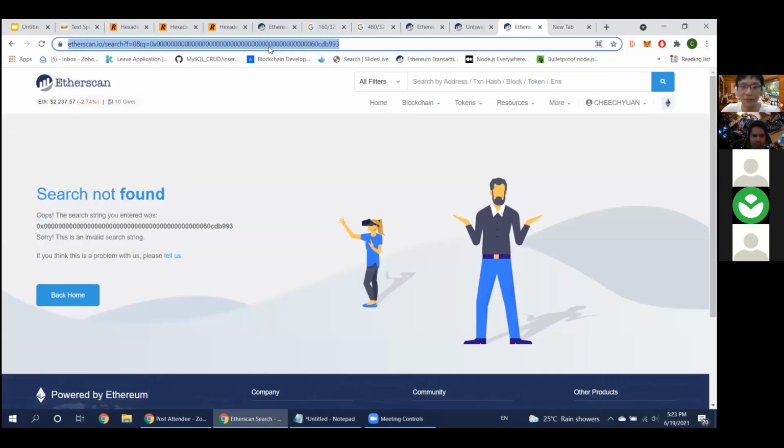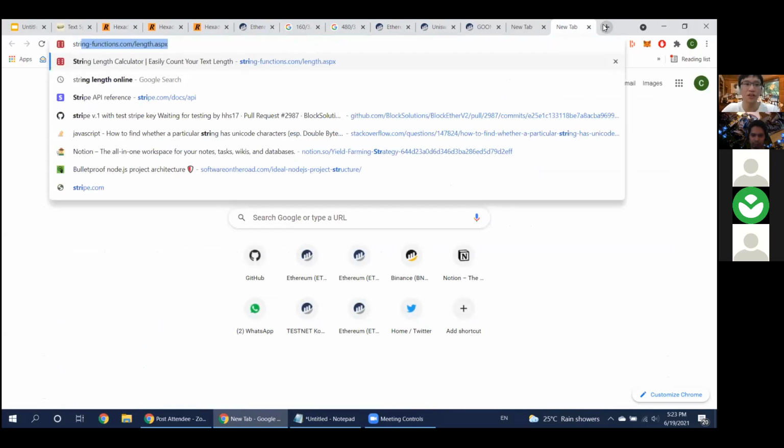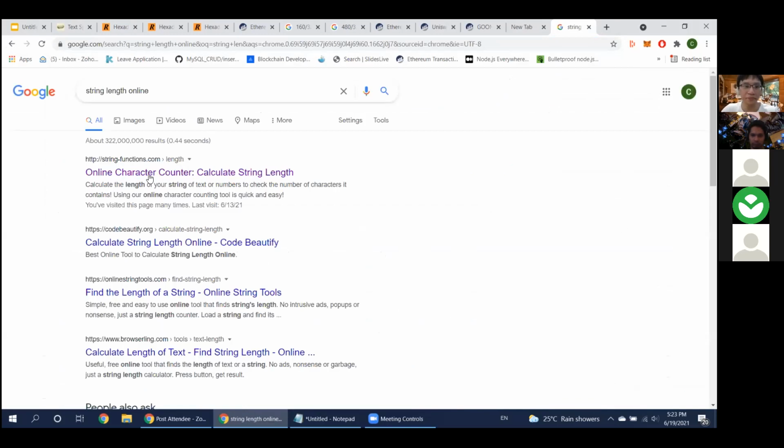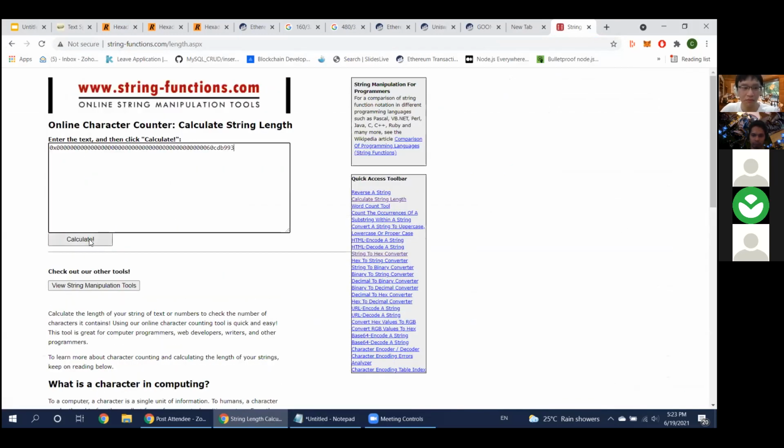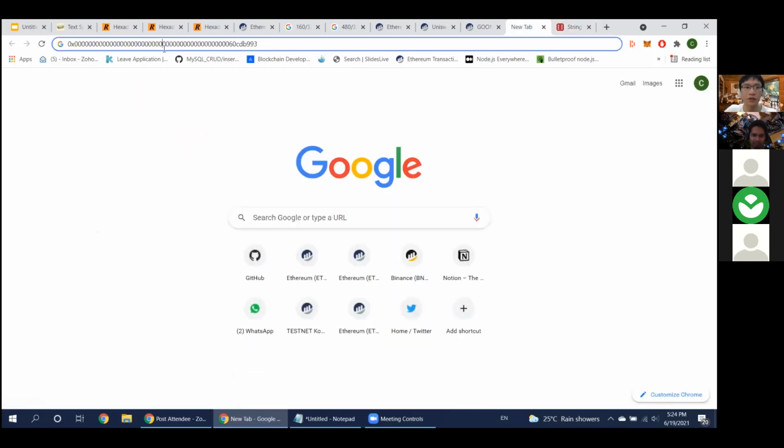Oops, wrong one. V1. Damn. Let's try again. Should do this string length online. 64. Why is it so long? Length of contract is 40. So I'm going to minus 1, 2, 3, 4, 5, 6, 7, 8, 9, 10. Is it correct? Yep. So it gives us the